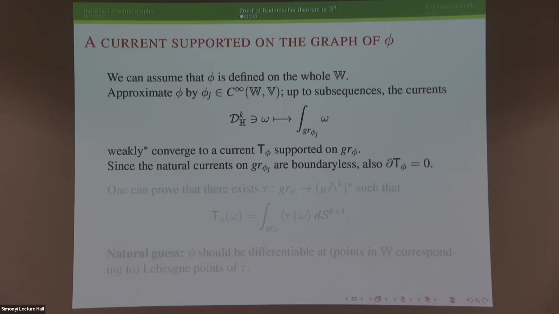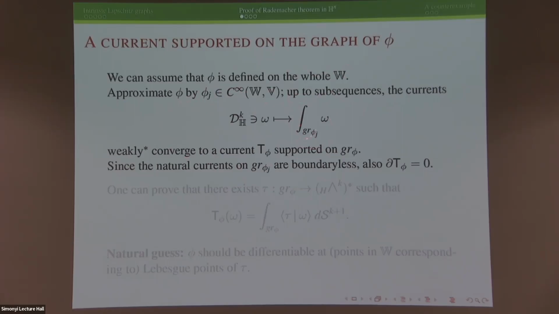Okay, so proof of Rademacher's theorem. We have an intrinsic Lipschitz map phi. By the extension theorem, we can assume that it's defined on the whole domain W. By the approximation theorem, we can find a sequence phi_j of smooth maps which converge uniformly to phi and which are also uniformly intrinsic Lipschitz. Okay, then you can probably imagine one can prove that